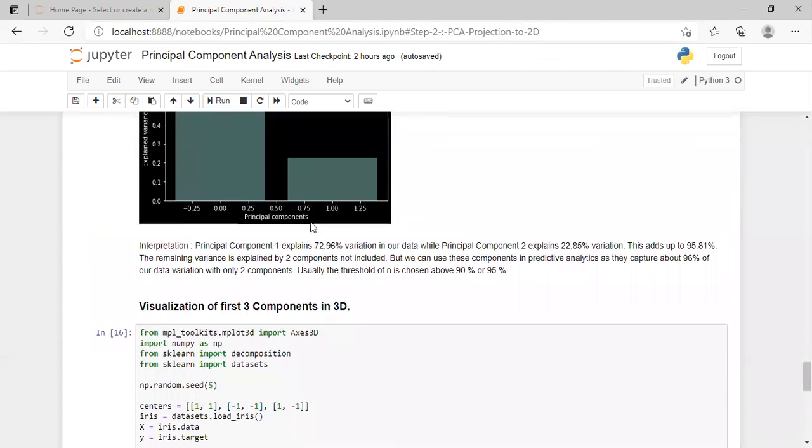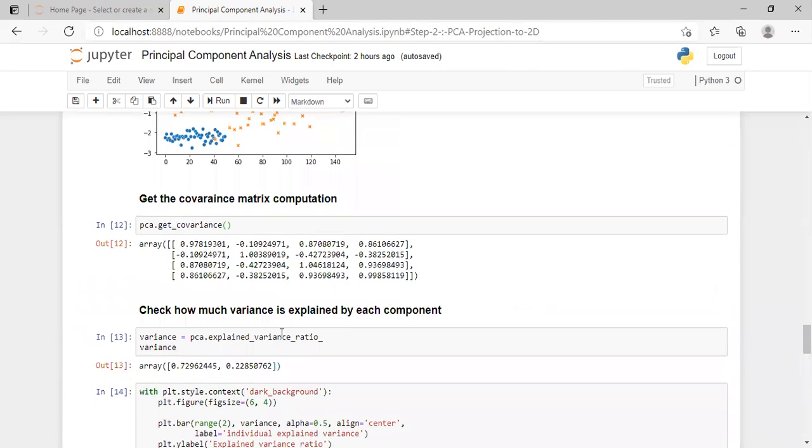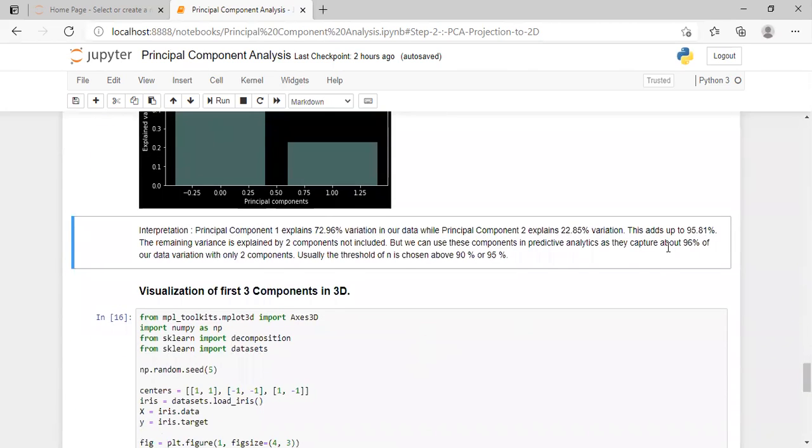Okay, so now the interpretation part. As I have also explained, principal component 1 explains around 73%, and principal component 2 explains around 23%, and this adds up to around 96%. So now the PCA technique has reduced our data to 2 components only, 2 features only, as we would say, but it has maintained 96% of the power of our data.